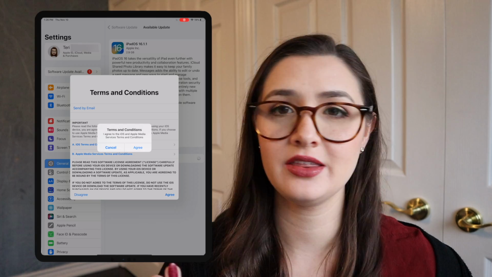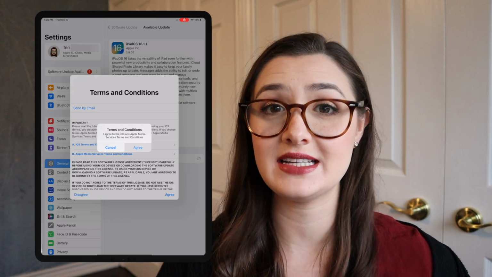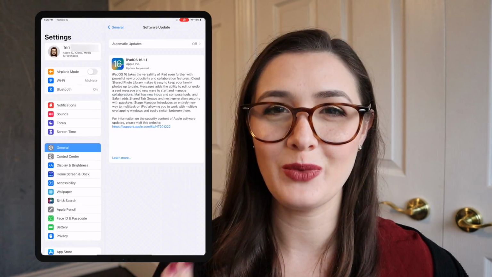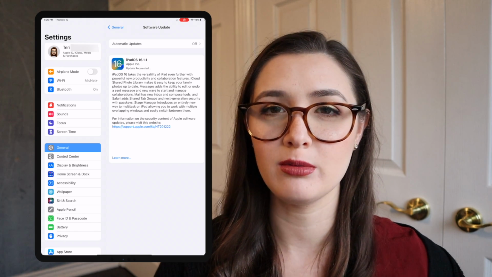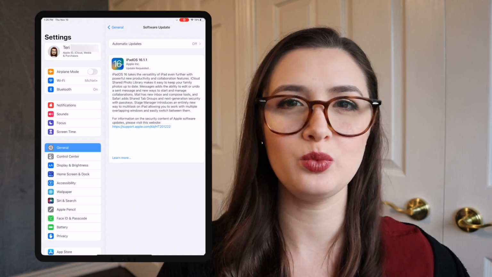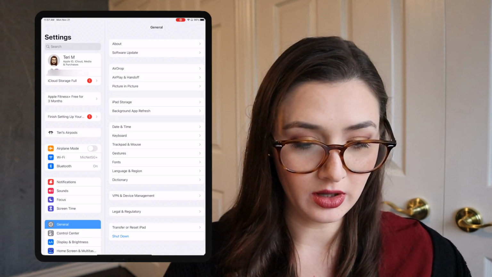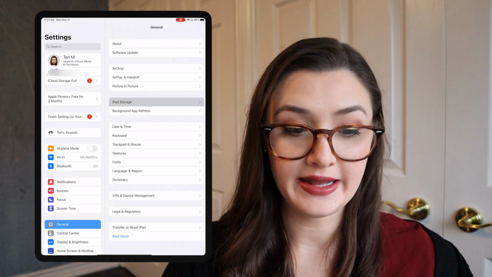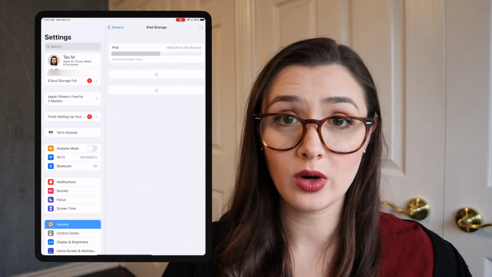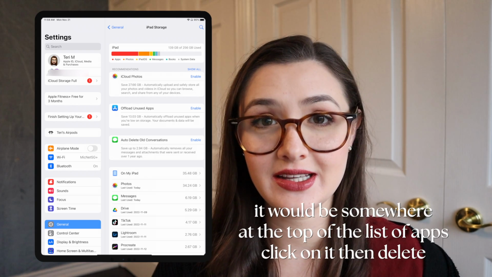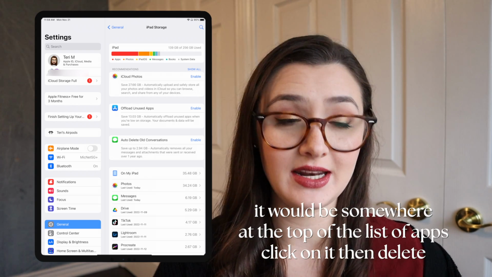I think it took like 30 to 40 minutes to update, and I did actually have a little bit of an issue when I updated my iPhone. I had the same problem where it kind of paused and wouldn't update. And so the trick to this would be to go into your settings again, in general, go to iPad storage, and then the update will be in your storage. And if it's not updated correctly, you'll just want to delete that update in your storage and re-download and install, and it should work after that.